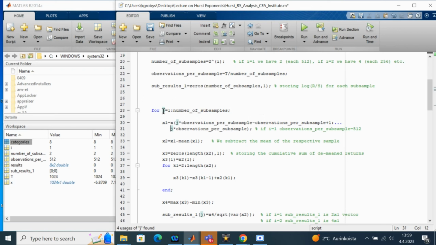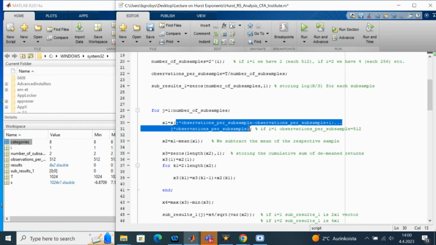If j is 1, we have defined the first subcluster: from j times observations per subsample, 512, minus observations per subsample, 512 minus 512 plus 1, which is 1, until j times observations per subsample, which is 512. So the vector x1, if j is 1, gives us from the original data vector x